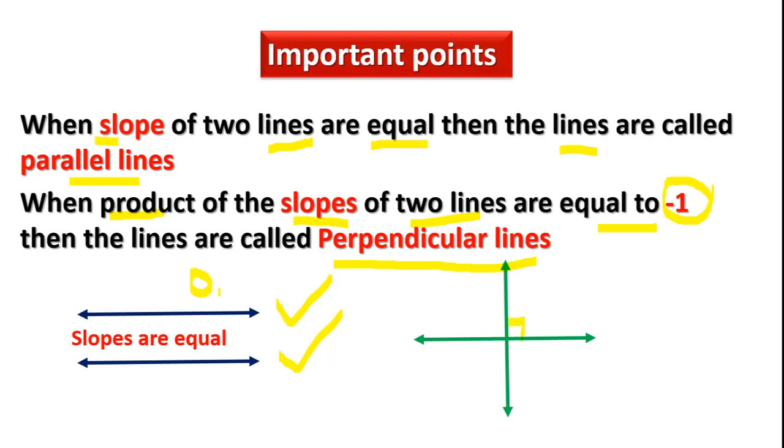When the product of slopes of two lines is equal to -1, then the lines are perpendicular lines. When slopes are equal, then the lines are parallel lines. Product of the slopes equal to -1. This is the important point. And next one,